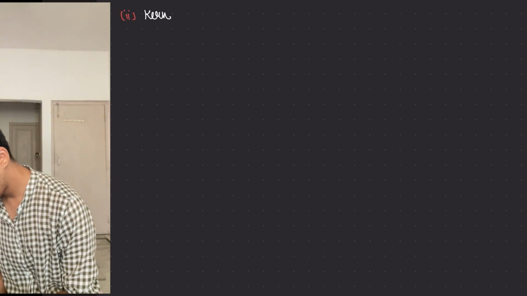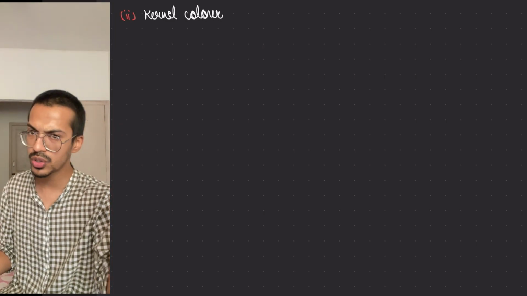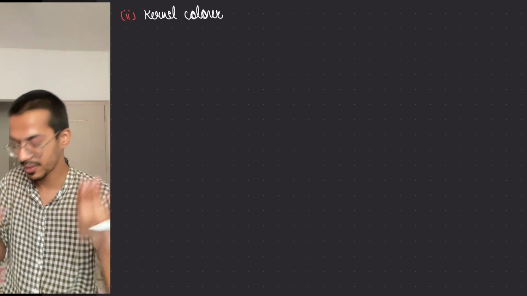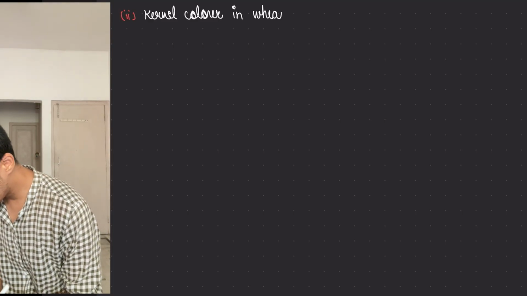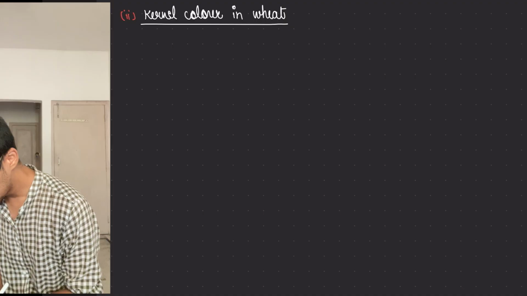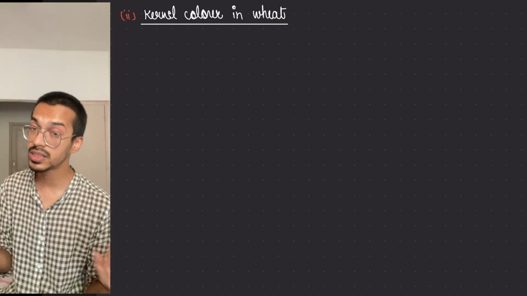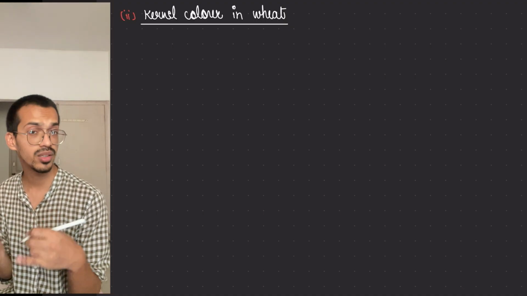I told you it has one more example, which links to the plant. That is kernel color in the wheat. The second example is kernel color of wheat. Actually they are brown in color, but we don't say brown, we call it red. So kernel color in wheat also shows the same expression. Kernel color is expressed by a polygenic inheritance, which means the more dominant characters, the more the